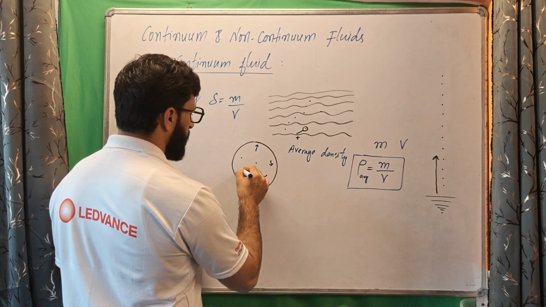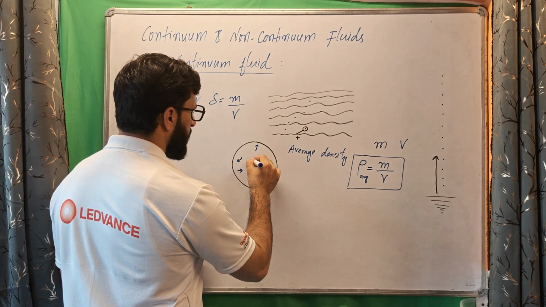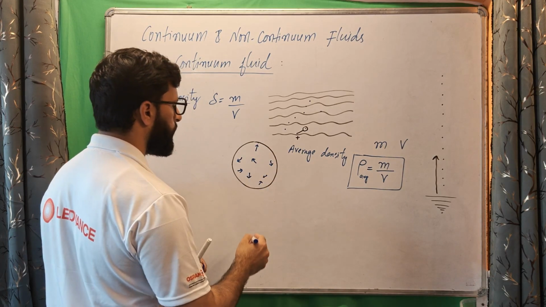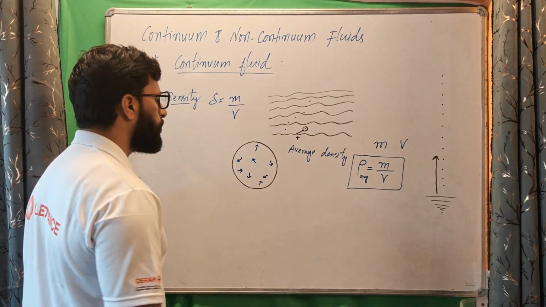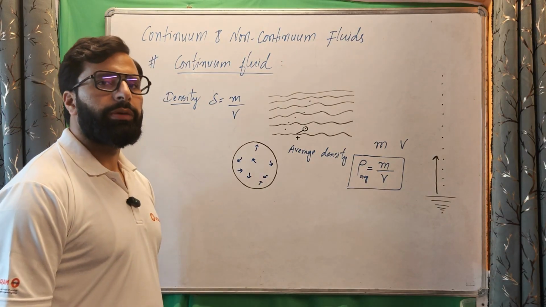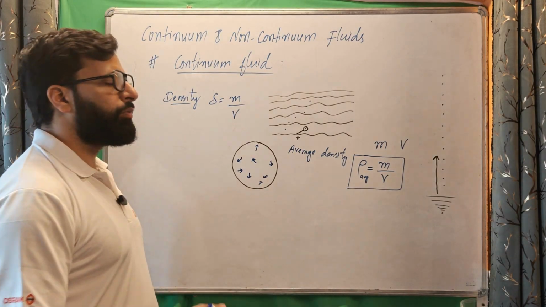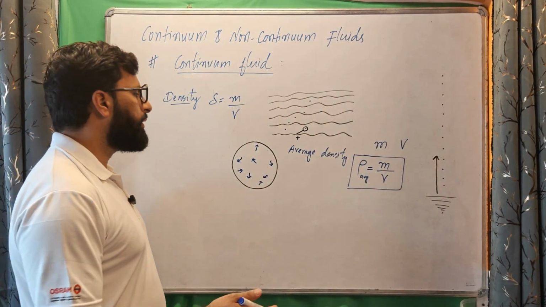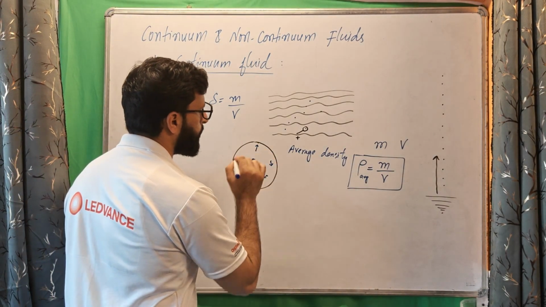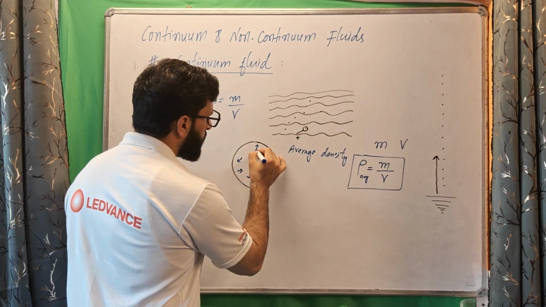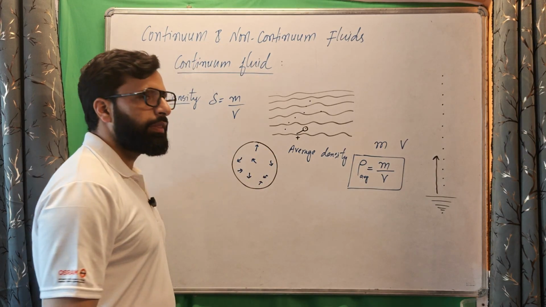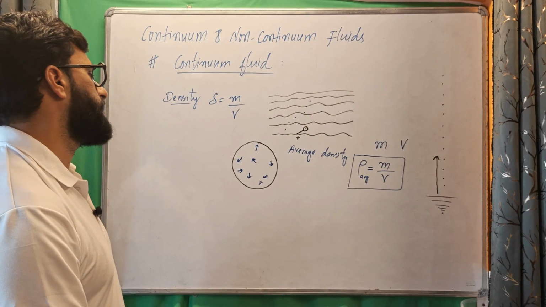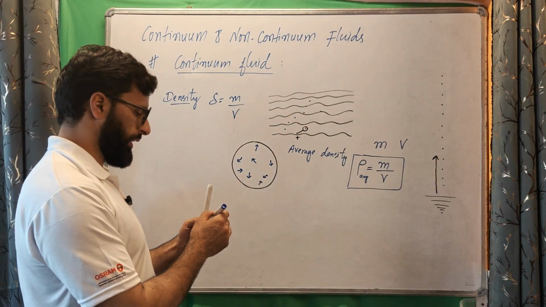In different random directions these fluid particles will be moving. And we know from the kinetic theory of gases that the intermolecular spacing in liquids and gases is large compared to the molecular diameter. If this small is the molecular diameter, the spacing between them is large in the case of liquids and gases. Now keeping this point in mind,